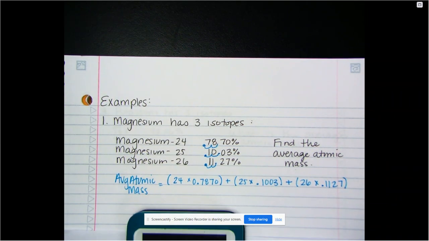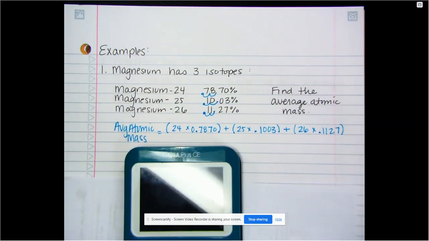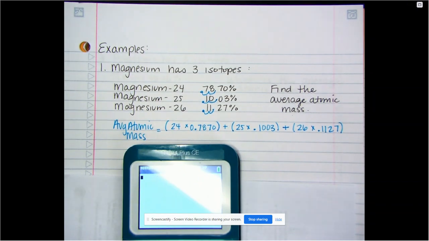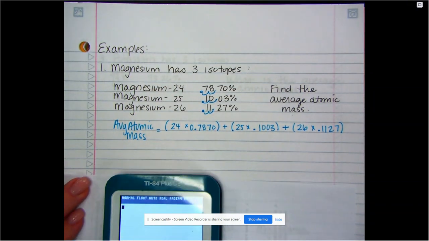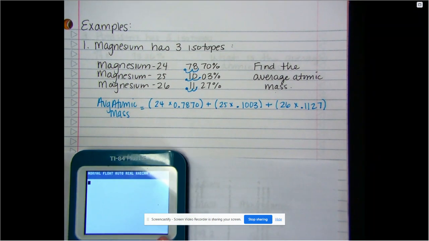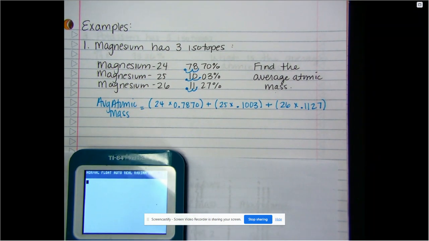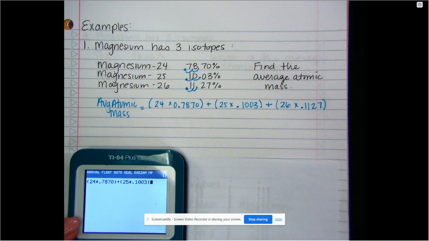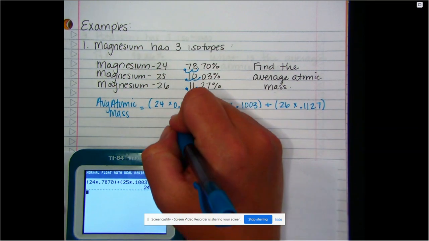When I put this in my calculator, I'm going to input it exactly how I have it written here with the parentheses, because that should make, let me try to move my calculator out of the glare. That might be as good as it gets. That way there's no confusion for my calculator about how I want it to interpret these numbers. So that comes out to be